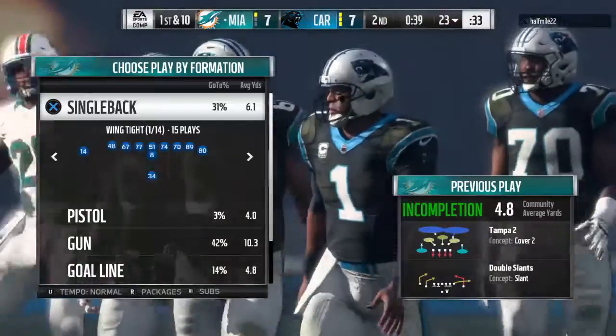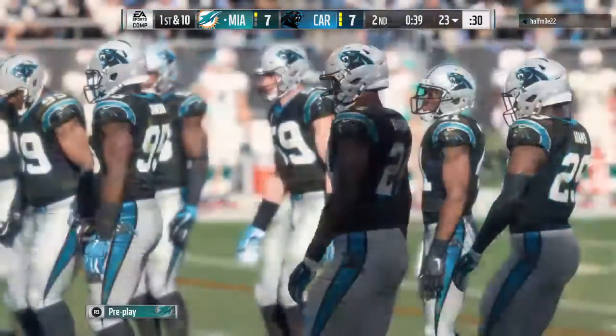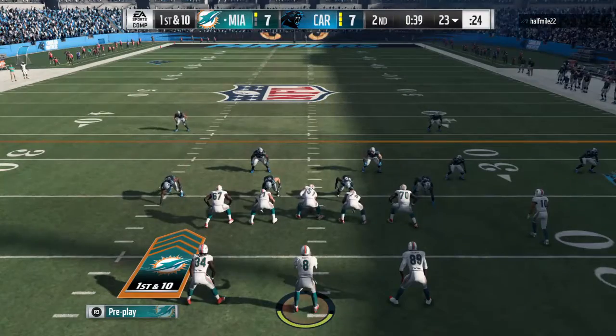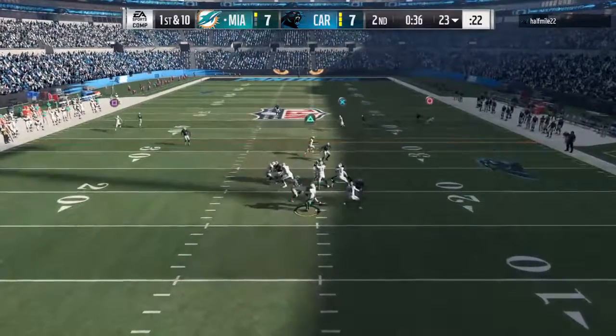Well, on that incompletion, let's discuss how Week 9 on Sunday, November 5th, there was a full moon. And there were some full moon happenings in the NFL, wasn't there? There certainly were. And think about it this way. Blair Walsh, who was 16 for 17 in field goals when the game began against Washington, he missed 3 for